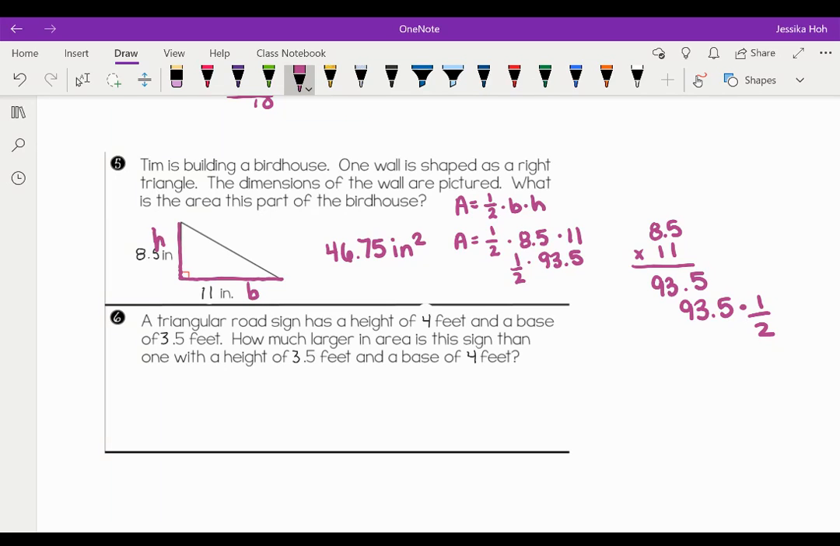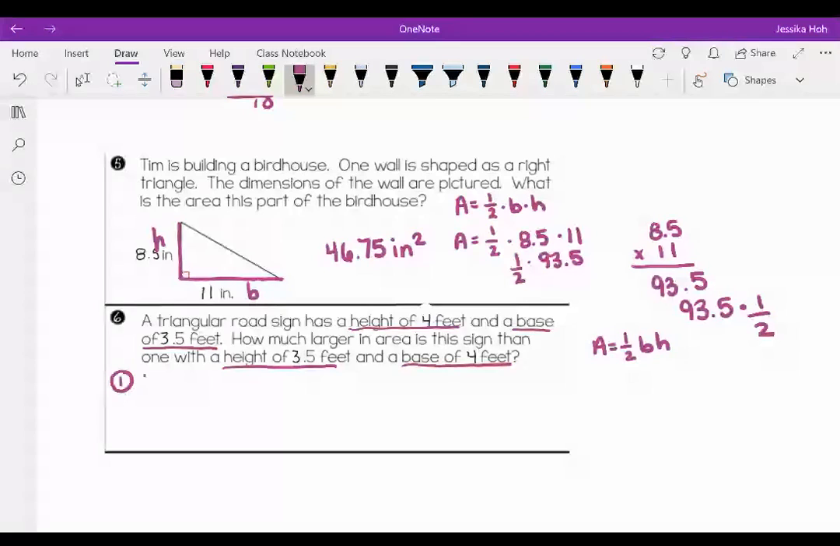And lastly, a triangle road sign has a height of 4 feet, and a base of 3.5 feet. How much larger an area is the sign than one with a height of 3.5 feet and a base of 4 feet? First, we're talking about a triangle, so we have our area equals 1/2 base times height. Now, I was talking about 2 different road signs, so we're going to have to do 2 separate problems to see which one is larger and by how much. So our first road sign